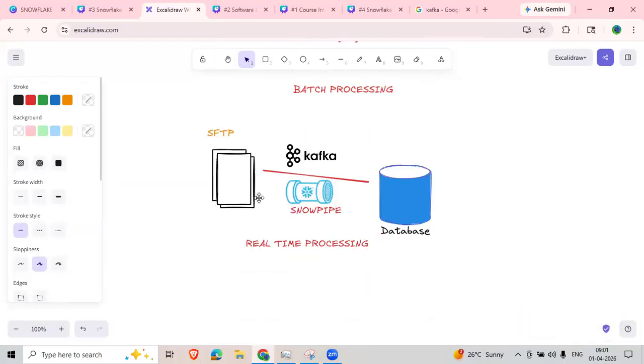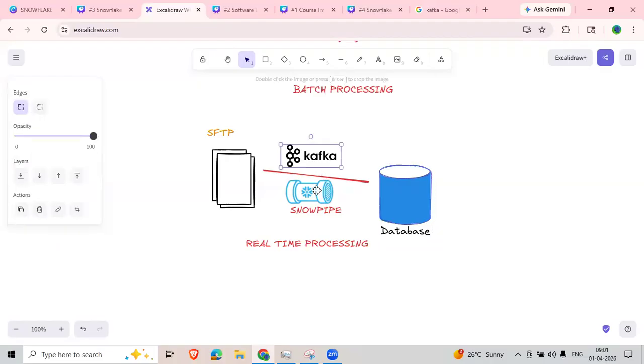This is real-time processing, where whenever changes happen in the source system, that will be loaded into the database. An example for this real-time processing is your cricket scoreboard. When you open any Cricbuzz, whenever a score change happens on the source system side, that will be reflected in the mobile app. So what they are using is either Kafka or Snowpipe for instant results, which we call real-time